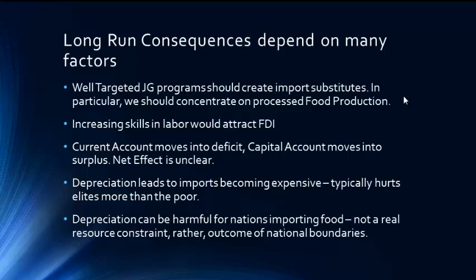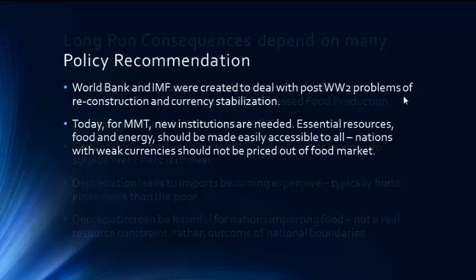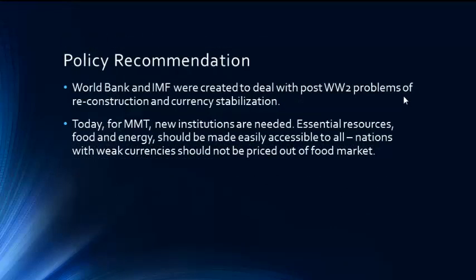Now what he is saying is that when there's not enough food, then we do have a problem, because that's a real resource. But he says this is not a real resource constraint, in the sense that we have made artificial nation boundaries. If we were to do something that would make sure that everybody gets to eat, then this resource constraint would not exist. So as a policy recommendation, he says that